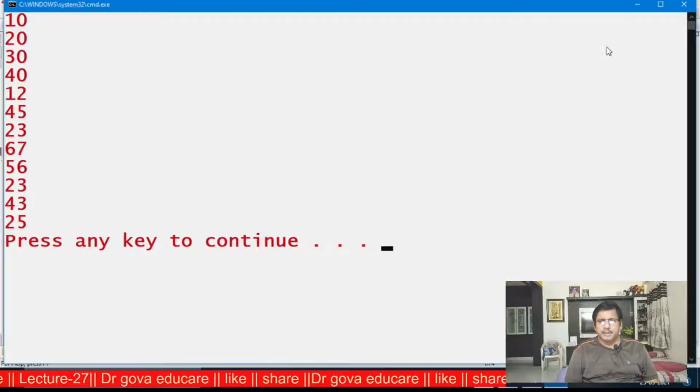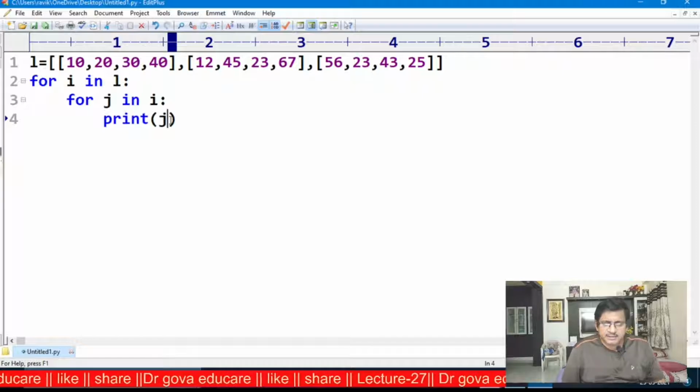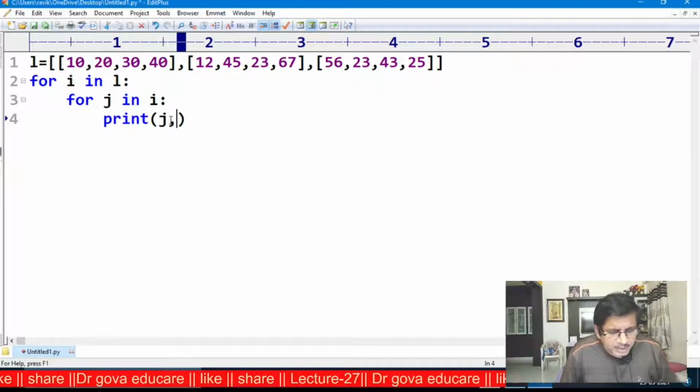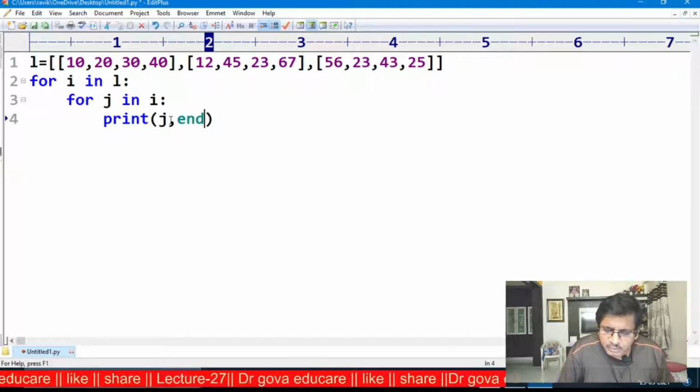Now observe here, the entire column is 10, 20, 30, 40, 12, 45, 23, 67, 56, 23, 43, 25. Now I want to display this in a matrix form. Print j, comma, end is equal to space.